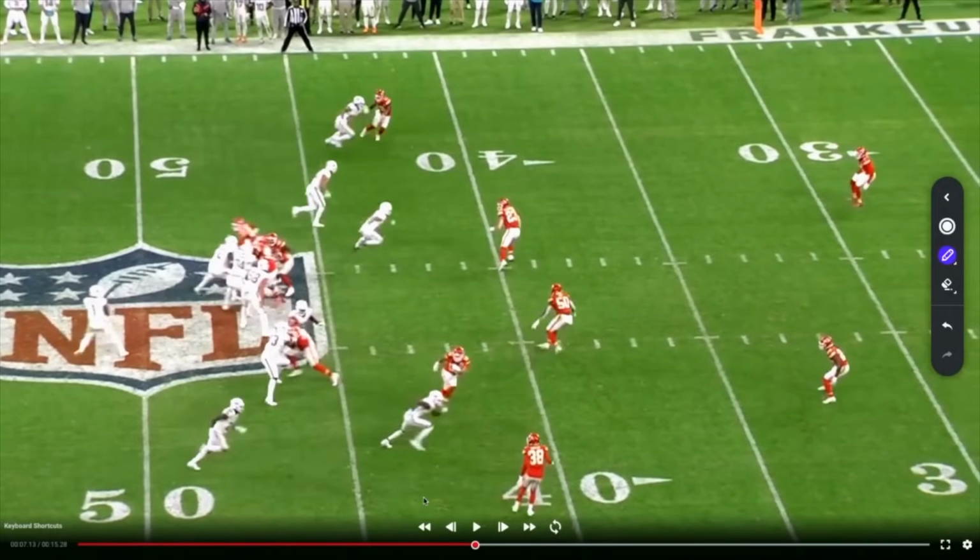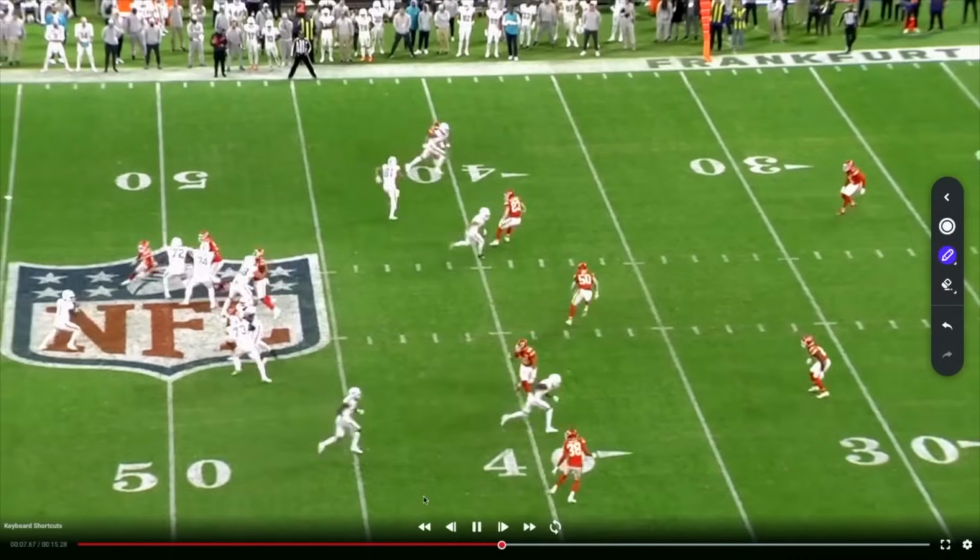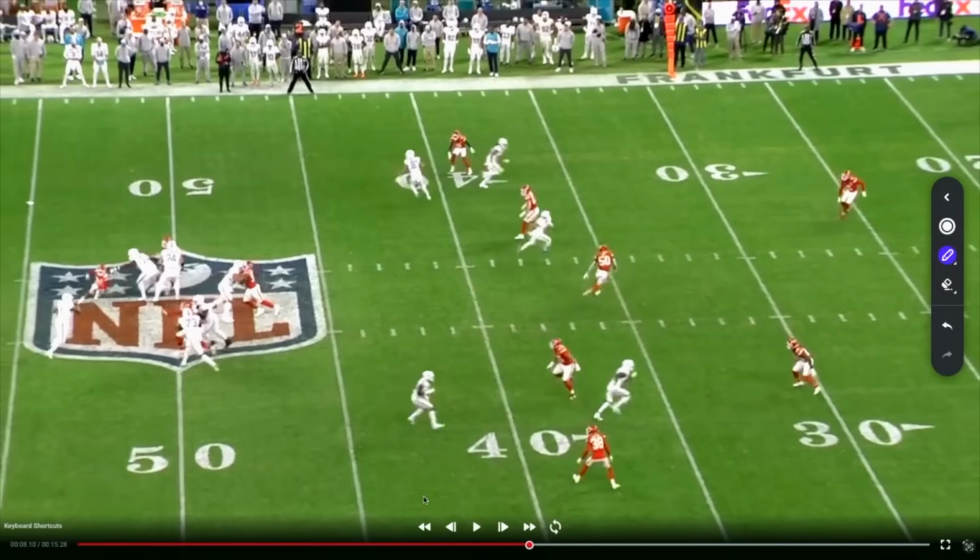Oh, here they come with pressure again, bringing a guy free off the edge. Watch. Nobody's open. Nobody looks. I shouldn't say open. Nobody looks. Nothing quick happening to the front side where the pressure's coming from. So here we go, right? Here comes that pressure. We got a free hitter coming here, and there's nowhere for Tua to throw it